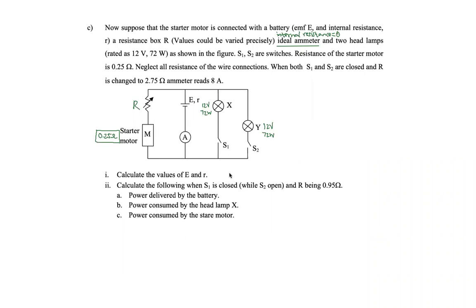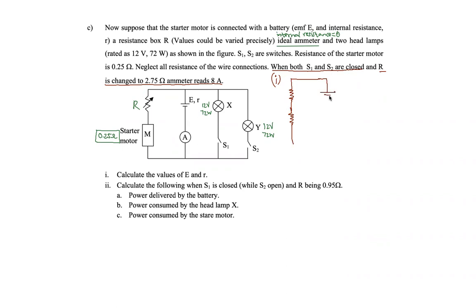So how do you do it? Roman 1 now. Let me start it this way. Let's put the diagram. Both S1 and S2 are closed. R is changed to 2.75 ohm and ammeter reads 8 ampere. Let's put that into the values. Let's draw a new circuit. And there's a starter motor here. Starter motor also we will take as a resistor, because it has a resistance. And then you have